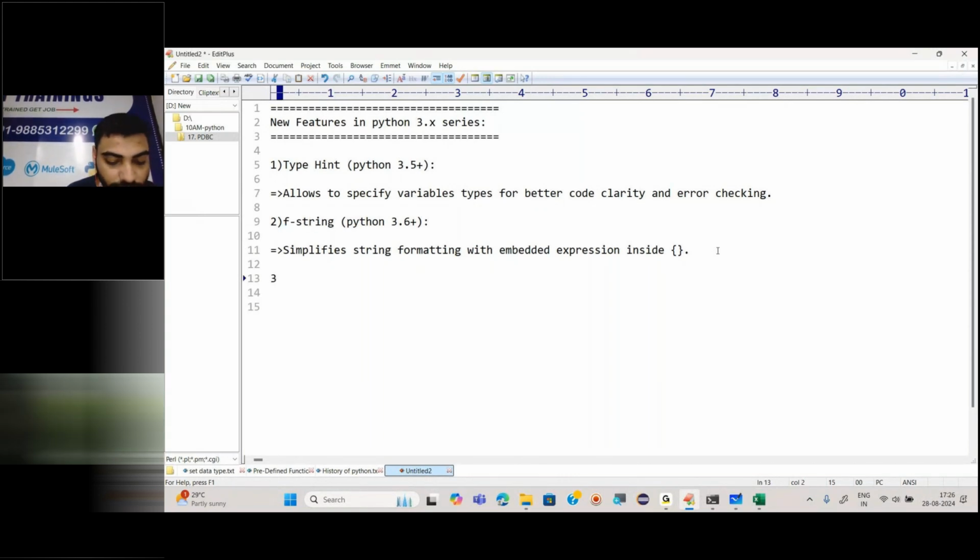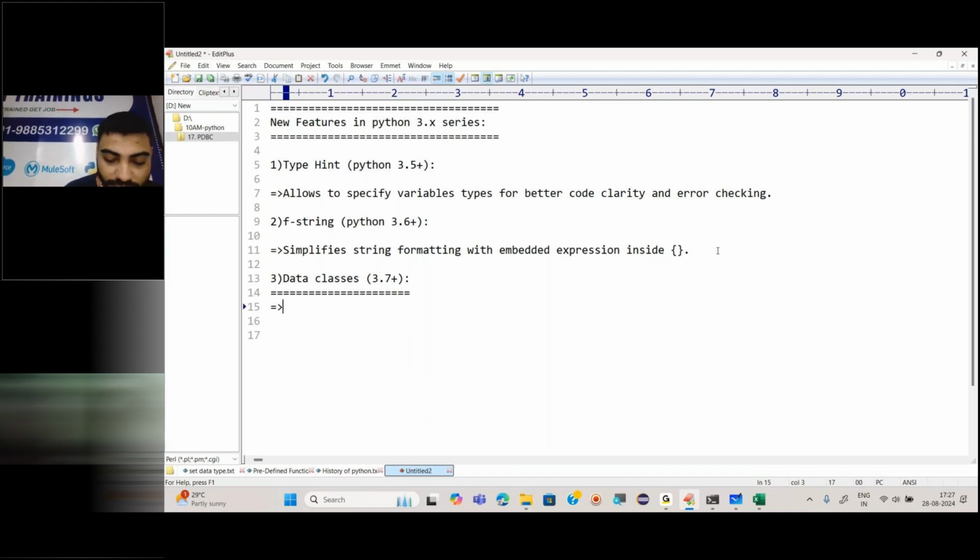Similarly, we also have something called data classes. That is introduced in Python 3.7 plus version. I'm not going to explain data classes here, because it is an object oriented concept, and first we have to see the basics. You will get confused, but for your intuition, for your knowledge, I'm just telling you this.